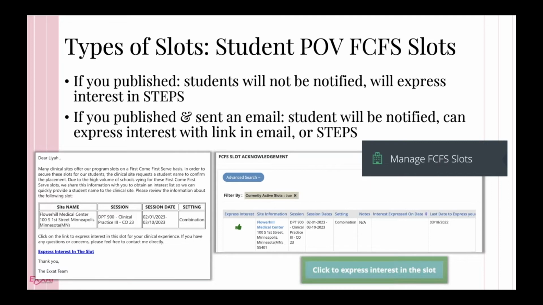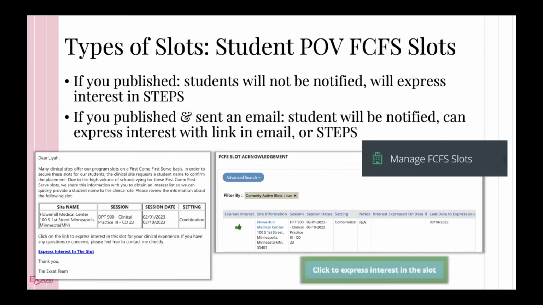Someone mentioned that they also don't see that, and I'm wondering if it's because when you go into the dashboard widget, the first page that you see will show you the slots, but you have to click on Manage FCFS Slots in order to get to the next page, which will then show you the Publish button. So that may be why you're not seeing it. If you're going through the dashboard, you'll have to first click on Manage FCFS Slots, and then you'll see that